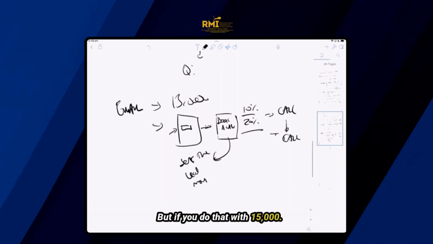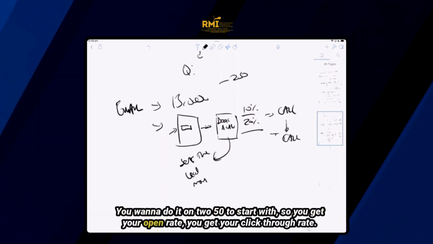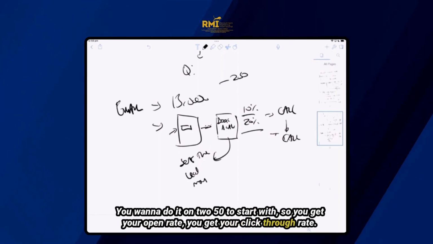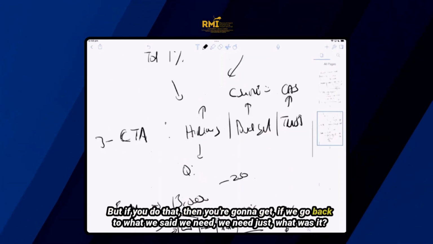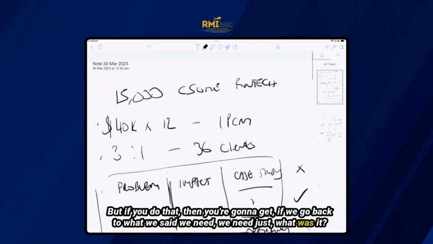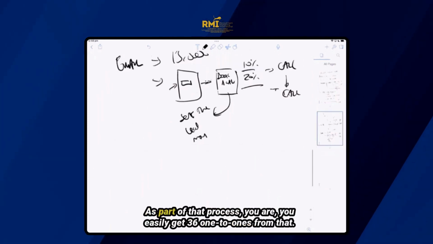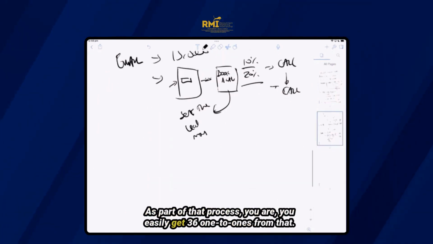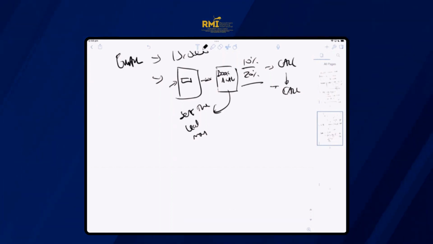But if you do that with your 15,000, you want to do it on 250 to start with, so you get your open rate, you get your click-through rate. But if you do that, then if we go back to what we said we need, what was it? We need 36 one-to-ones as part of that process. You easily get 36 one-to-ones from that. No problem. That's the first thing. Now remember, you can run